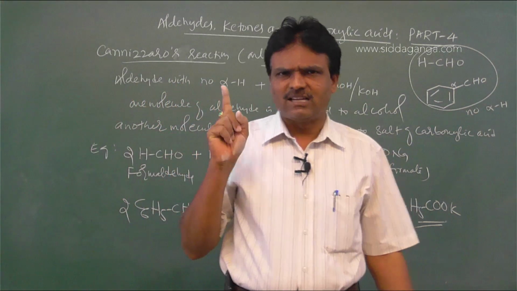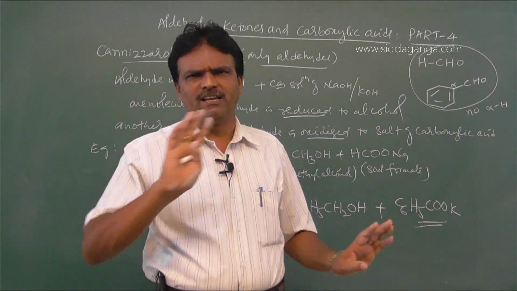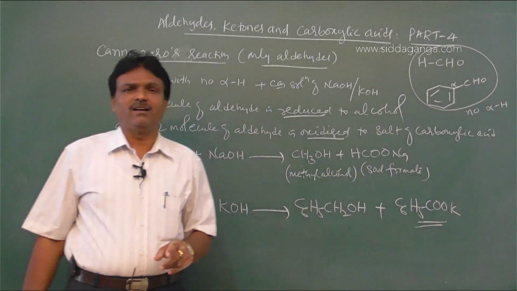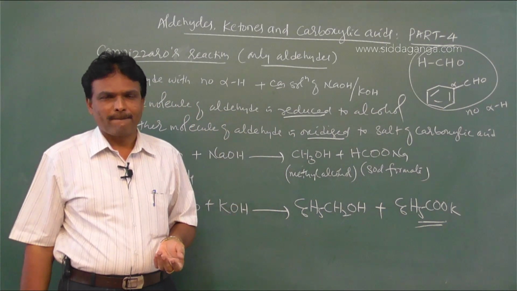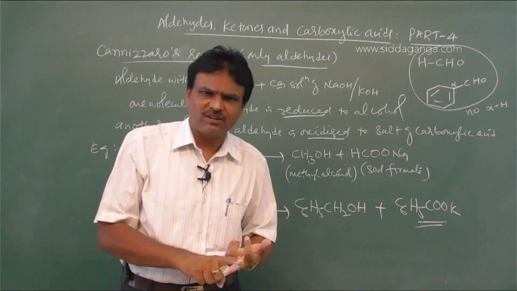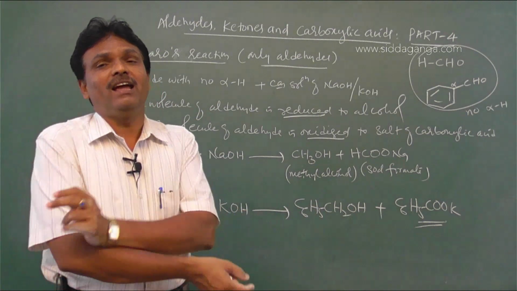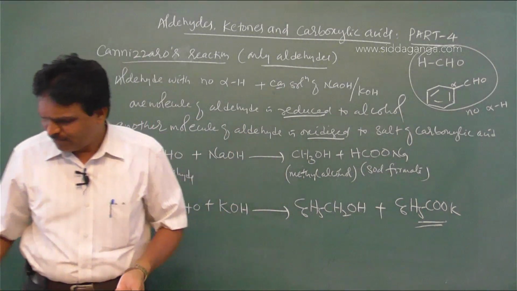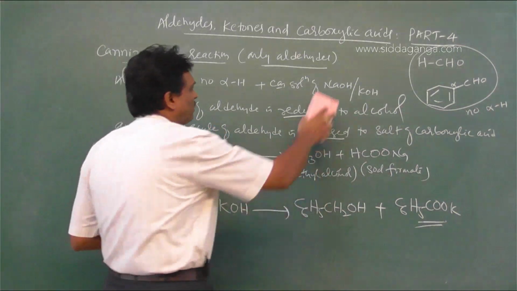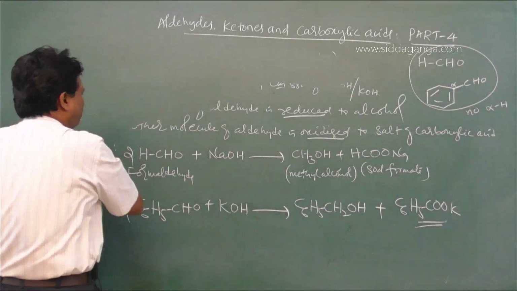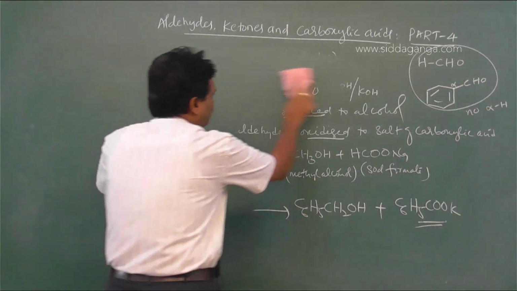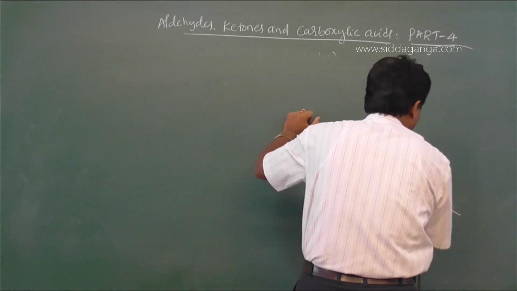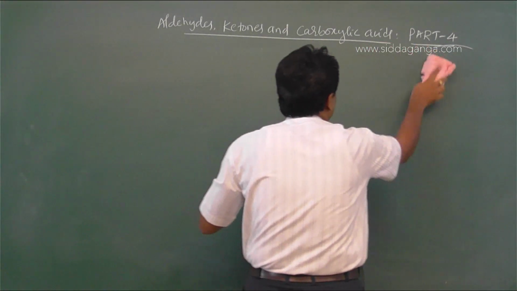Cannizzaro reaction is answered by an aldehyde which does not contain alpha hydrogen. Aldol condensation reaction is answered by an aldehyde with alpha hydrogen. Alpha hydrogen idre aldol condensation, alpha hydrogen illa idre Cannizzaro reaction. Clear? So what is the mechanism of this reaction? Mechanism of Cannizzaro reaction. ನೋಡಿ ಇಲ್ಲಿ ಈ Cannizzaro reaction mechanism ಅನ್ನು observe ಮಾಡಿದಾಗ ನೀವು, so this is also a two-step mechanism.